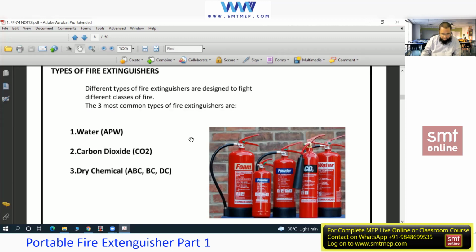Okay, now sir, we'll discuss how they inspect the CO2. They have to weigh it. When it is full, we measure the weight, and based on that weight, we know the quantity is full. After one or two months, again we weigh it. If the weight is less, it means the CO2 has leaked or the extinguisher has been used. It must be weighed, with the total weight only.